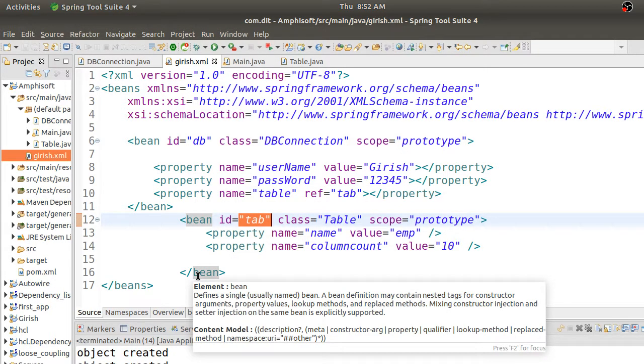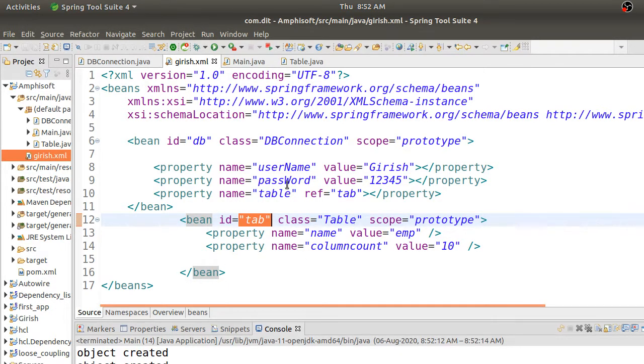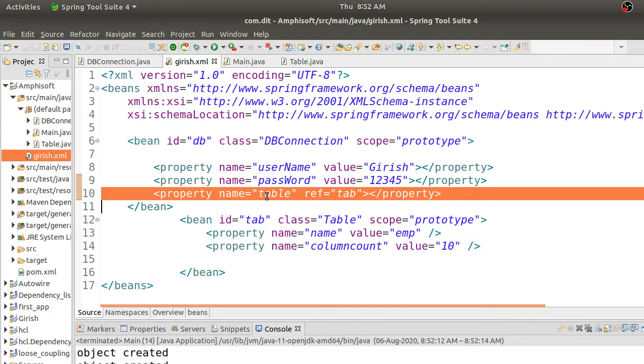So in this case, there is a separate object created for the table class. Correct. And we can use it with the DB connection tag by referring to it. Yes. So if there is more than one class, like the DB connection class, and another class also has a table inside it, we can refer to it via this method. Otherwise, if some other class has this table class inside it, we have to again embed that bean class into this property.